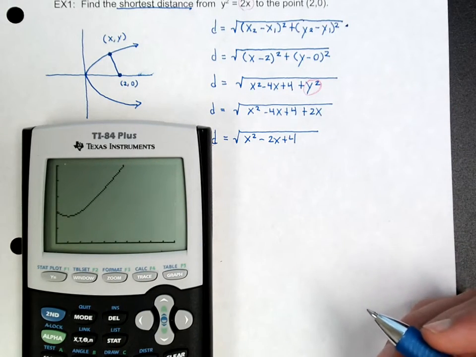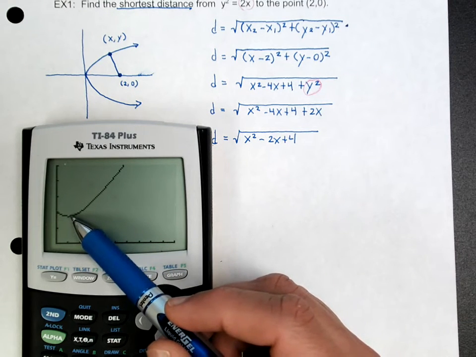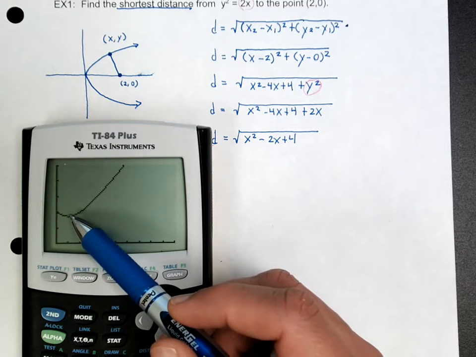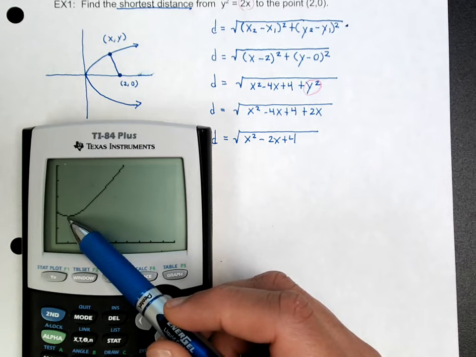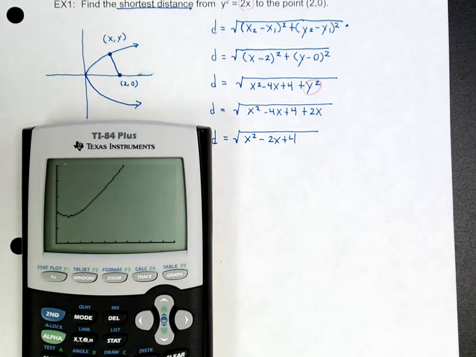Alright, if we could use our calculator, all we had to do was look for the minimum point right here. That would give us the x coordinate, and if that gives us the x coordinate, then I can also get the y coordinate by plugging it in here, and that will be it. That will be over. However, using